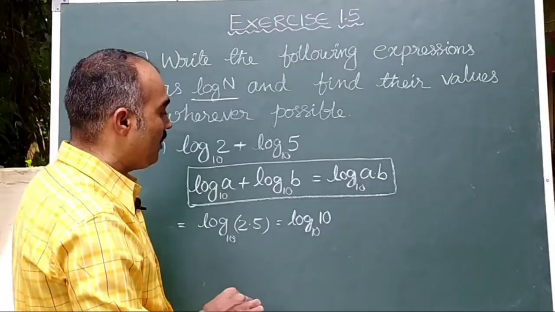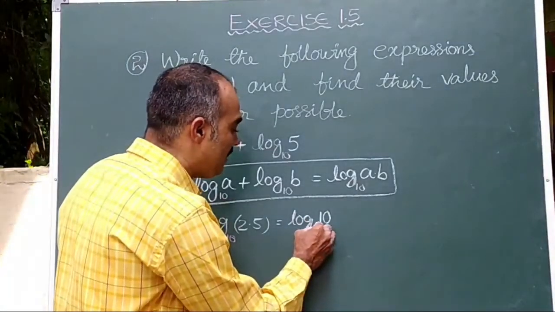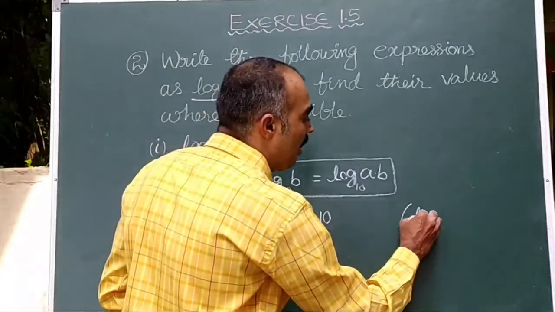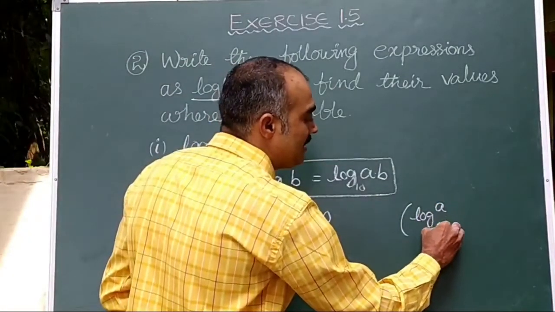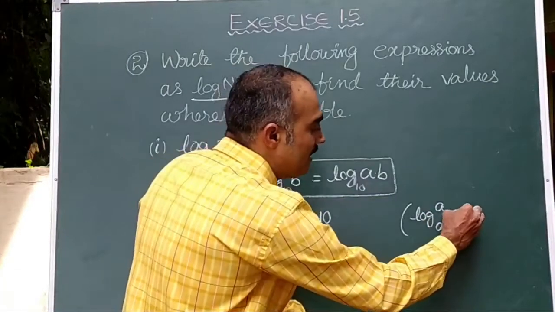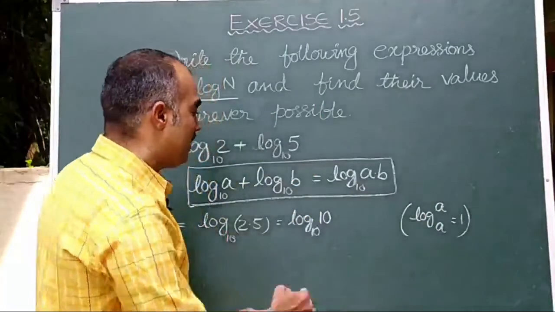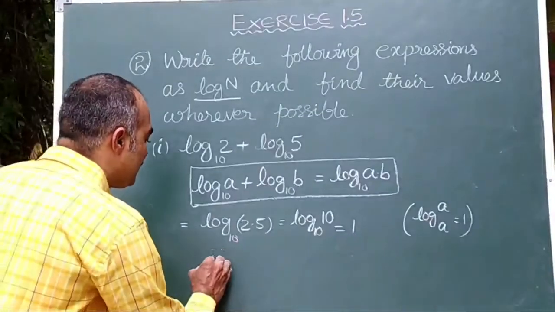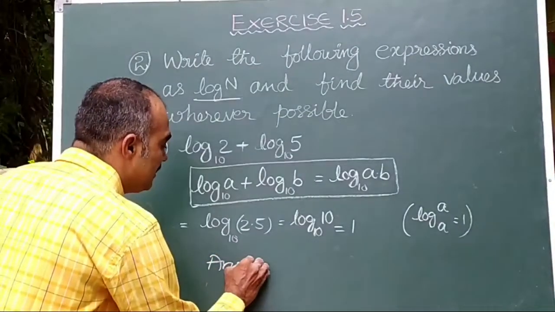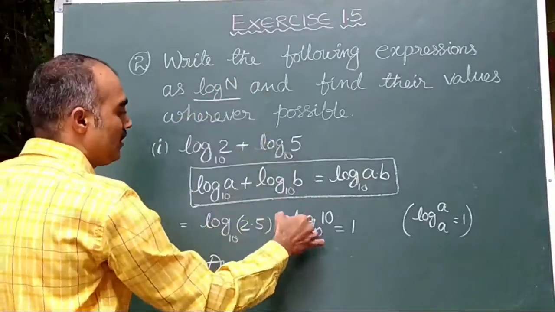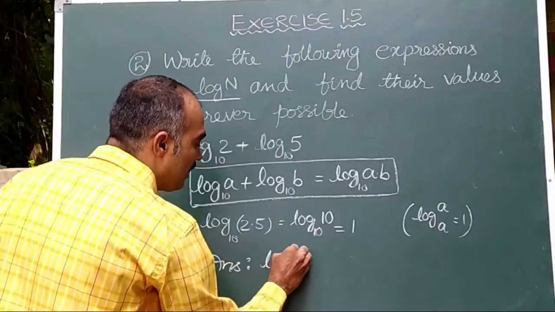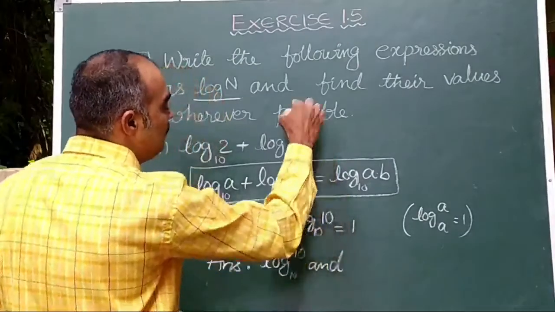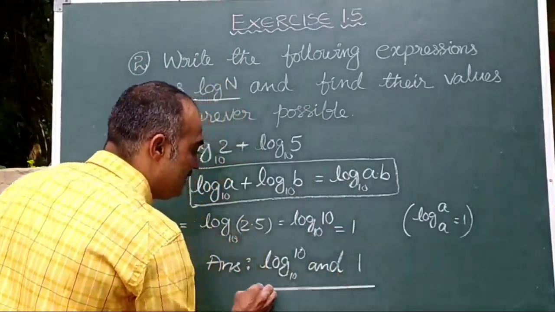So, I have already discussed with you the formula, that one, log A base A, already we learnt it. Log A base A, when both the values are equal, can be written as 1. Here also log 10 base 10 can be written as 1. So here let us write the final answer. See here, 2 bits are asked, it can be expressed as log n. So it is log 10, we can write base 10 also, I told you, and its value is 1. So this is the final answer, children.